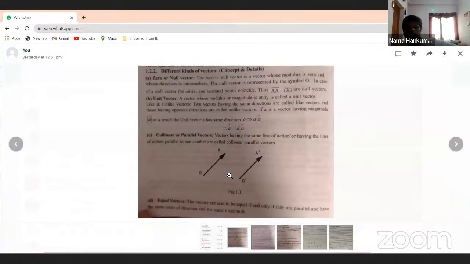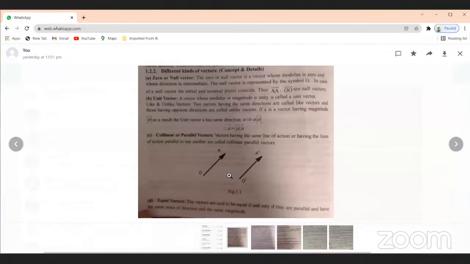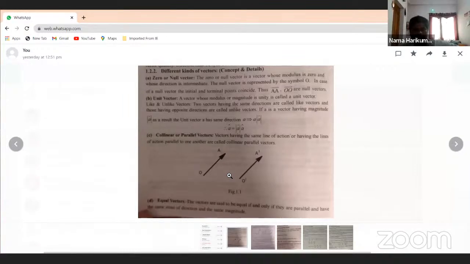Parallel vectors. You can write the parallel vector definition. Definition completed. I think that diagram also. Yes, sir. The vectors are in equal vectors. In equal vectors,